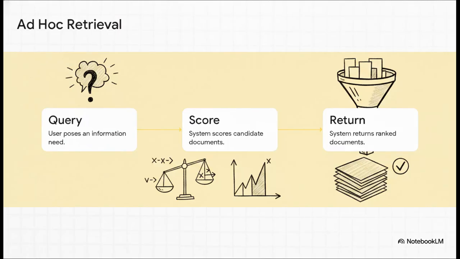So let's break that whole shebang down into 3 distinct steps. First, the user poses a query. Pretty simple. Second, the system doesn't just take a wild guess. It mathematically scores the candidate documents against that query vector we mentioned. And third, the system returns an ordered set of ranked documents. It is exactly this precise, meticulous ranking that gives the language model the exact, highly relevant context it needs to generate a perfectly accurate, hallucination-free response for you.